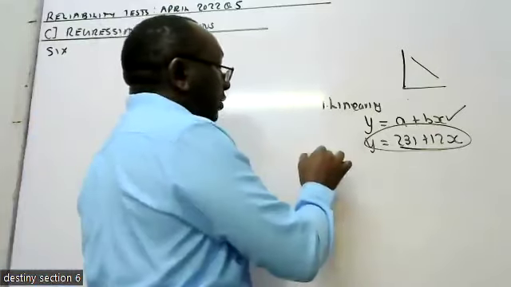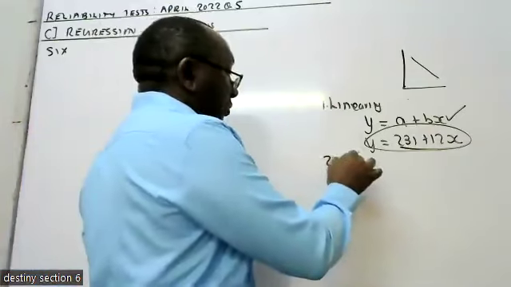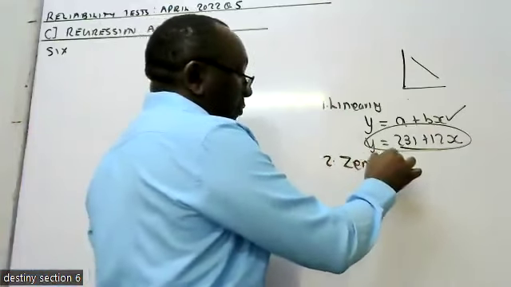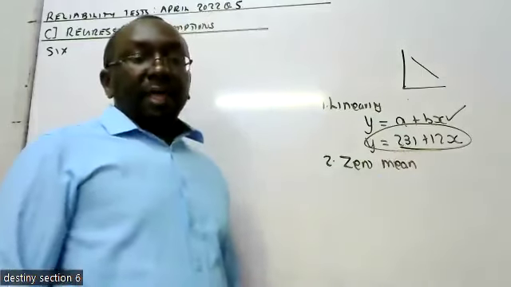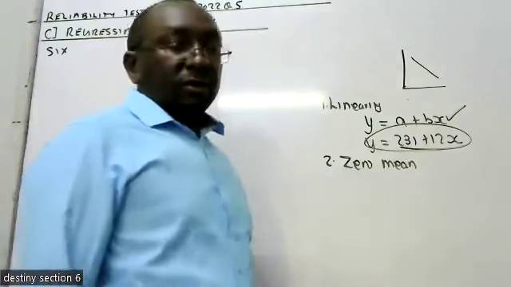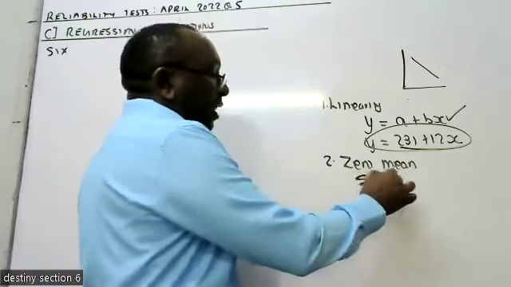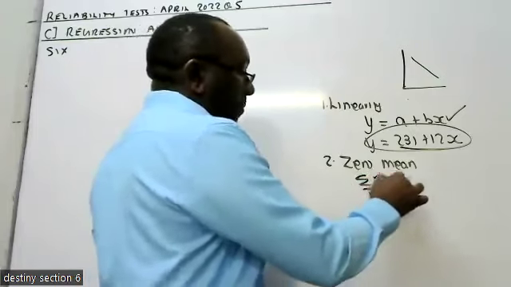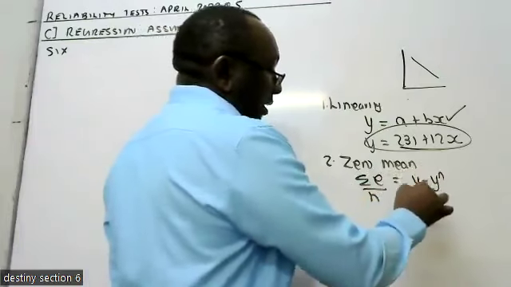Number two is called the zero mean of the error terms. This one means that the error terms will have a mean of 0. As in, if you get all the errors, the ones we called y minus y predicted,